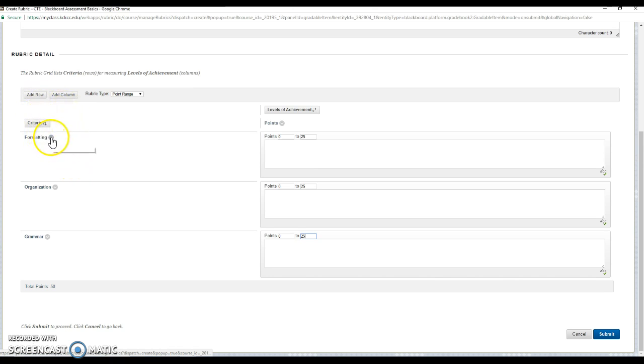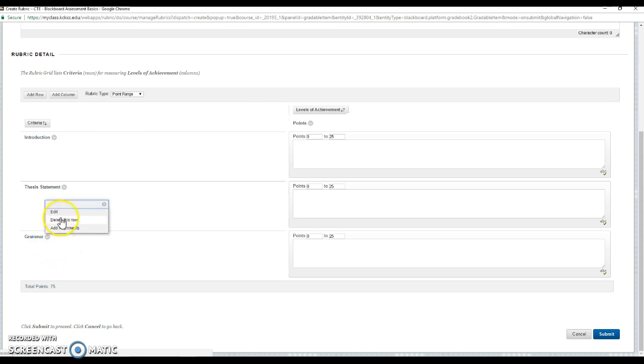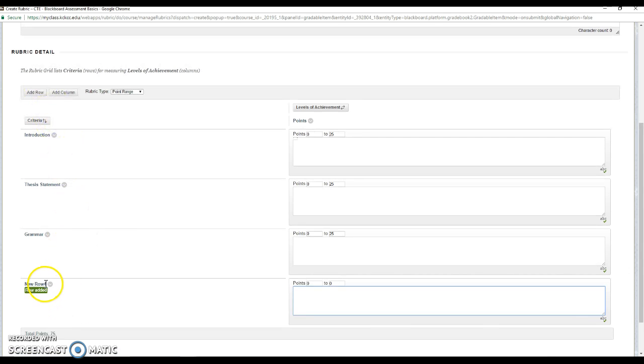I can even change the rows. So for this row, I'd like to call it Introduction. This row, I'd like to call it Thesis Statement. And you can label these any way you'd like in your rubric. On this, I'd leave it grammar. I'll even add another row by clicking Add Row, editing it to Conclusion,